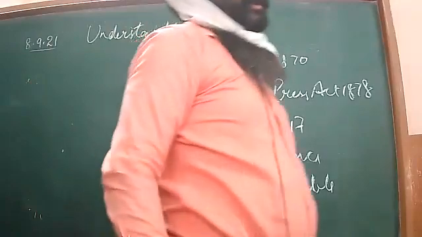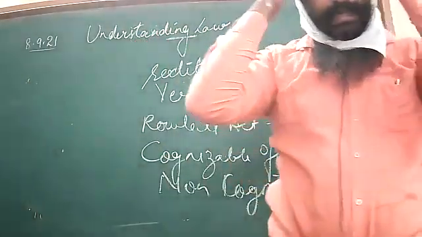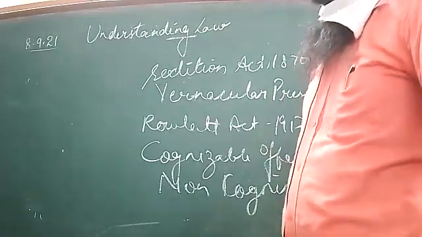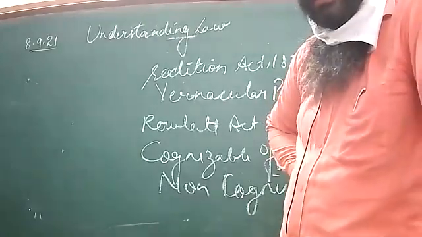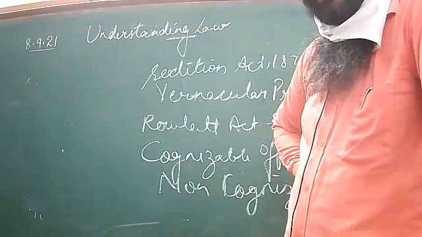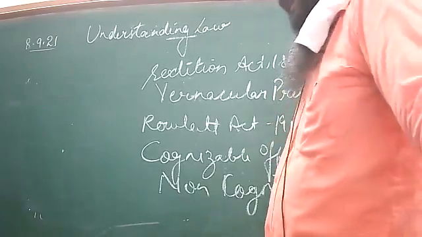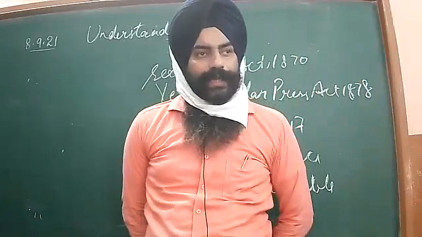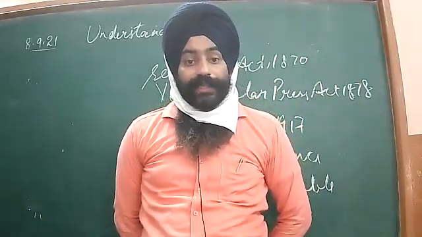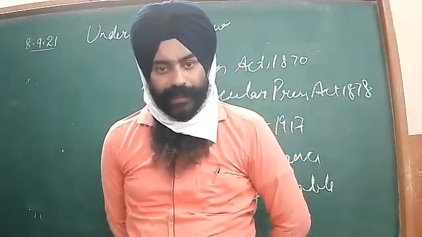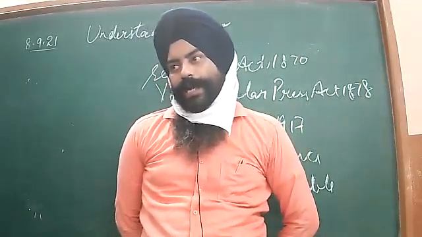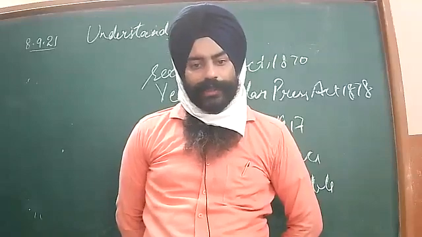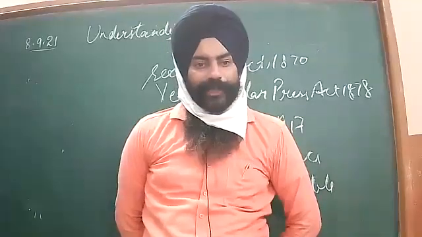One is the Supreme Court, which is the apex court of India, situated at New Delhi. Second, there are the high courts. 23 high courts are there. Each and every state, wherever their capitals are situated, these capitals are the location of their high courts. For example, Punjab and Haryana have a common capital, so their common high court is situated at Chandigarh.